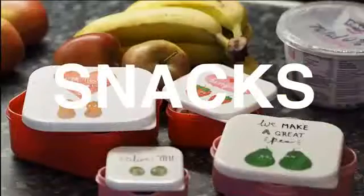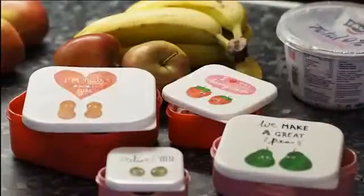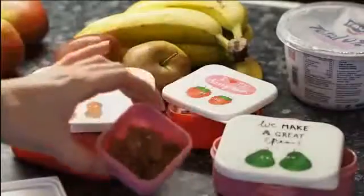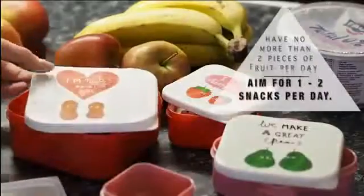Next we move on to snacks, which are my favourite things. These pots are from Paper Chase, and obviously you've got your standard banana and maybe apple with peanut butter, but in here we have some almonds, and a handful is literally the palm